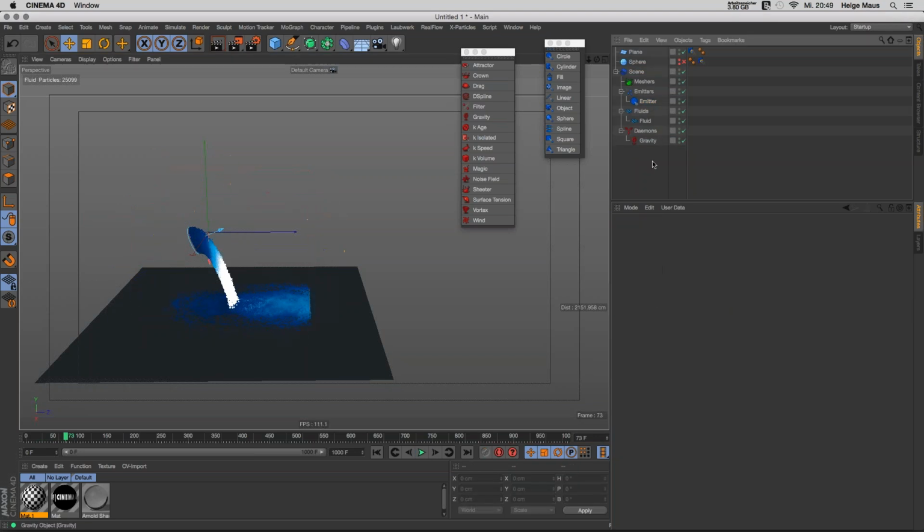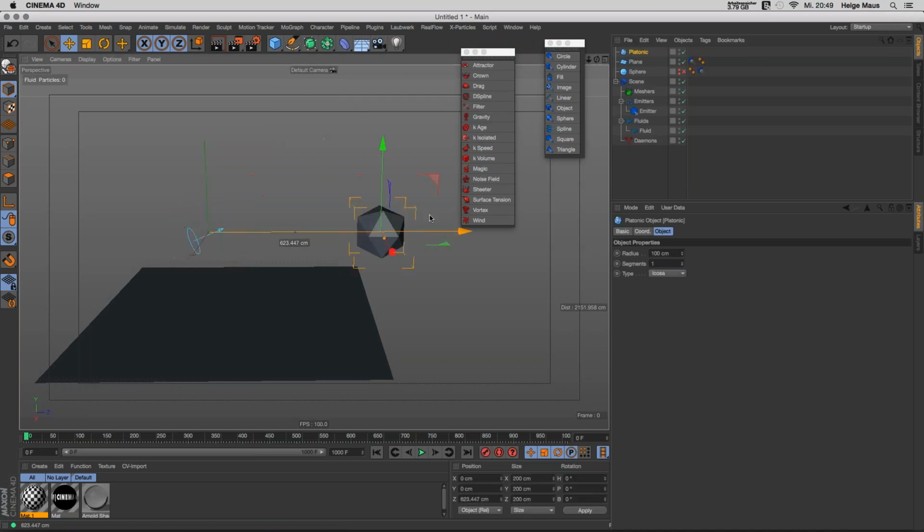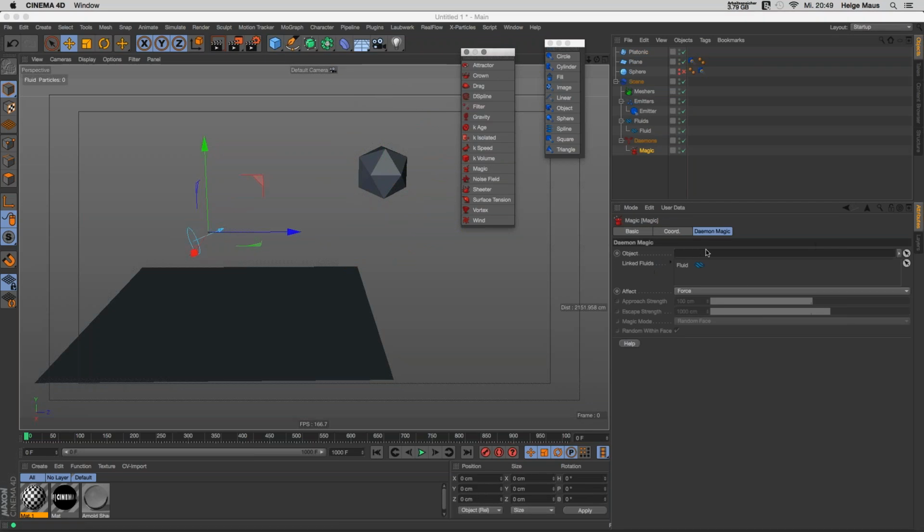And now you see these particles. Okay, these are the important killer volumes. Then we have daemons like, for example, magic. Magic is like an attractor on an object. That means if you have a magic here, you add an object to it. It has a force where the particles try to reach